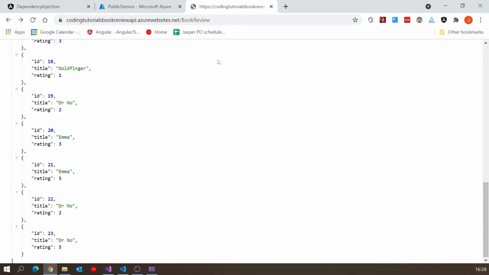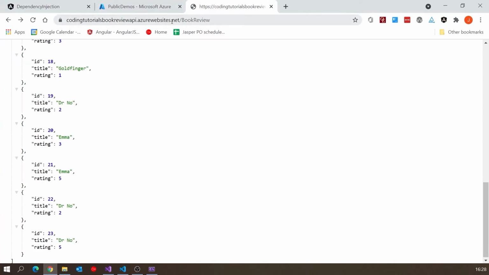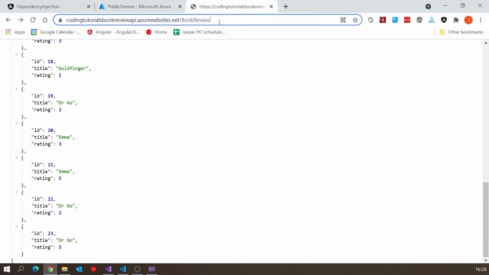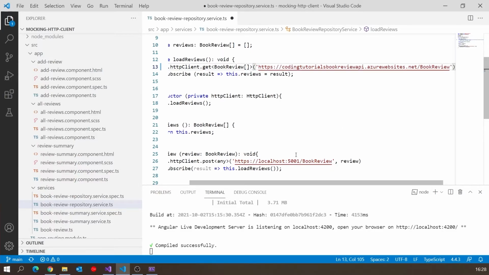But as we saw, we've still got that working perfectly well if we just go directly to the endpoint. And so now what we need to do is we need to simply change the Angular application so that it's going to use that new address. So let's take hold of that. Let's get hold of that URL and then go in here. And then just in the two places we're using that, we'll replace it with what I just copied from there. So both of those go in there. Once again, that's not really the right way to do it. We need to do it through a configuration file, but that's for the next video. That's what this is setting up.